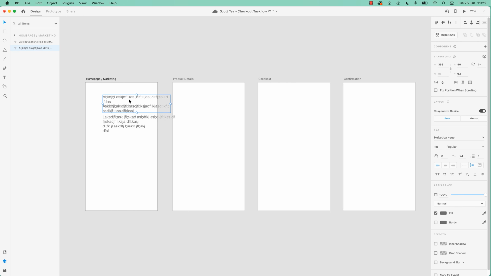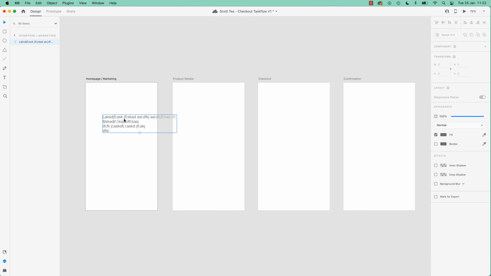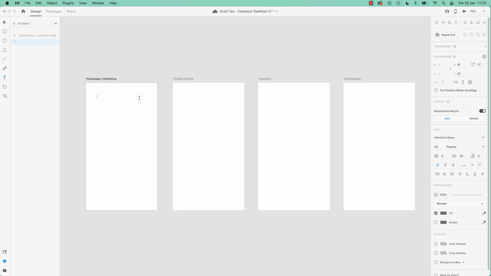What we need now is a couple of things. I'm going to delete them. I'm going to grab my T for my type tool. I'm going to click once, and we're going to put in our kind of placeholder logo. So we've got Scott. Actually, I'm going to do capitals. Scott Green T. Okay, so type in your version, and what we're going to do is grab my selection tool,